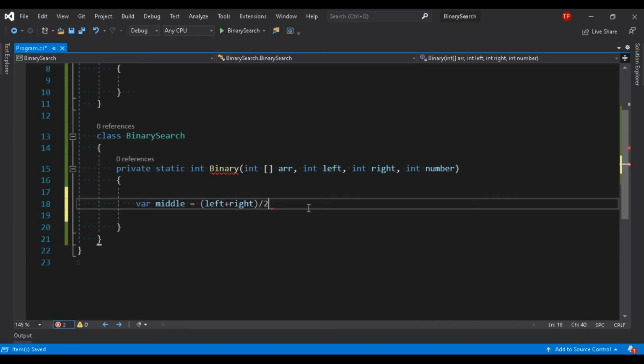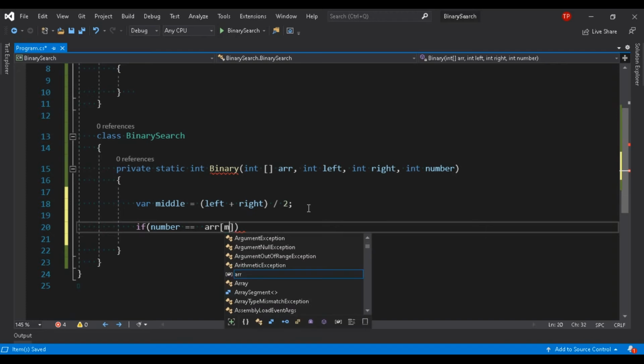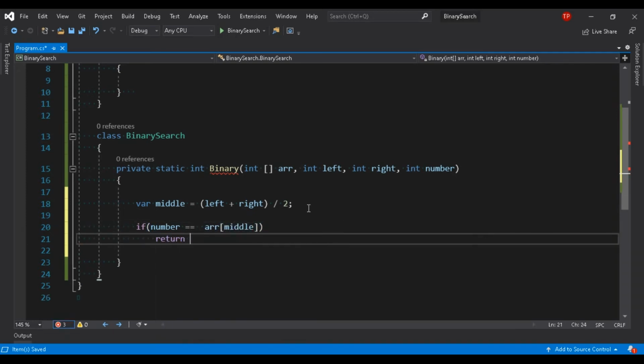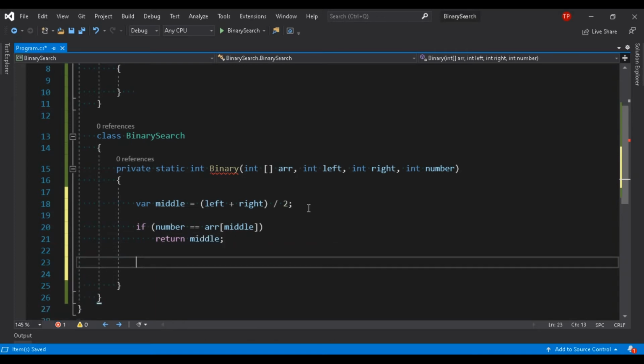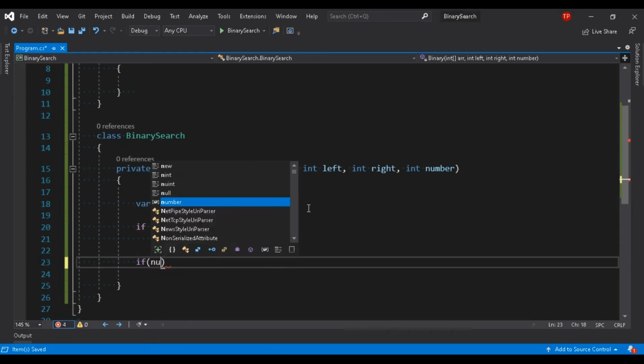And then I check, is my number equal to my array of middle? If it is equal, what can I do? I can just return the middle. So basically we are returning the index of the number which we are going to search.